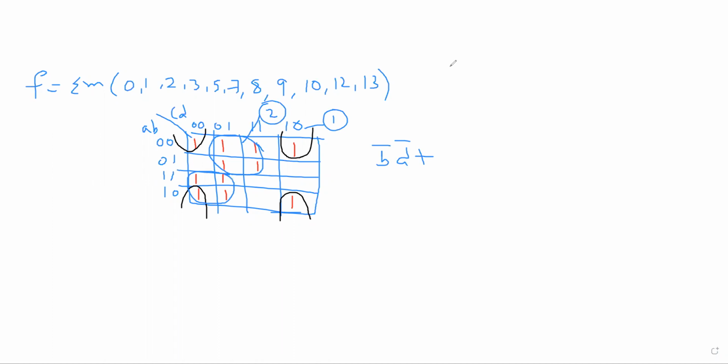Now let us consider this is the second one. Once again 2 rows are there, which will be A complement. 2 columns are there, it will be D plus. Now the third one: once again 2 rows are there, A is common here, 2 columns are there, C complement is common. In this manner you can simplify, guys. We will see some product of max term simplification using mapping. Is it clear?